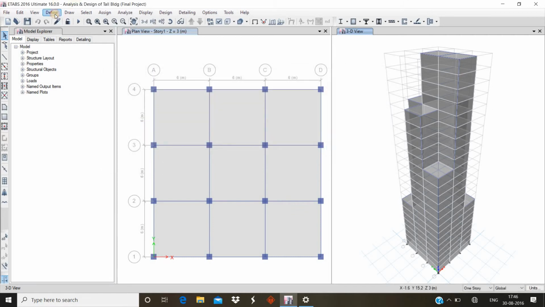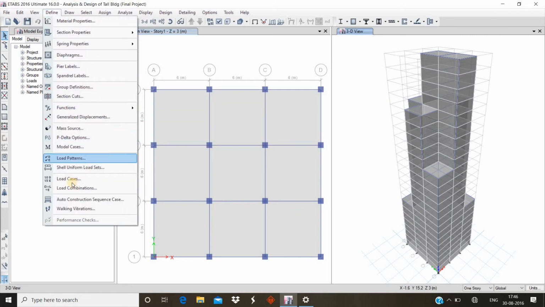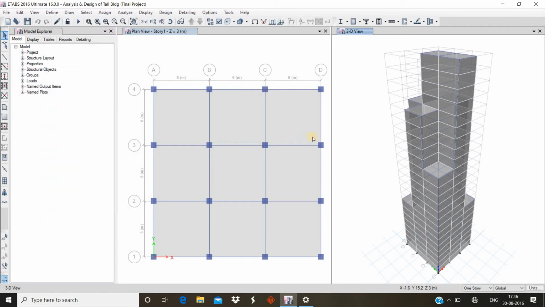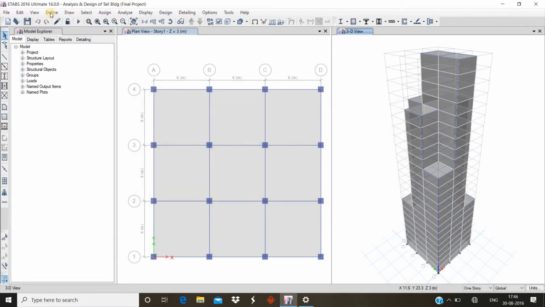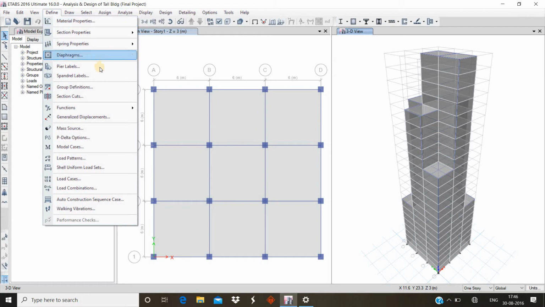Then go to the Define menu, then click on Load Cases. So this is a seismic load case; the seismic load case is mentioned here. Then click on OK, then go to the Define menu and then go to Functions.